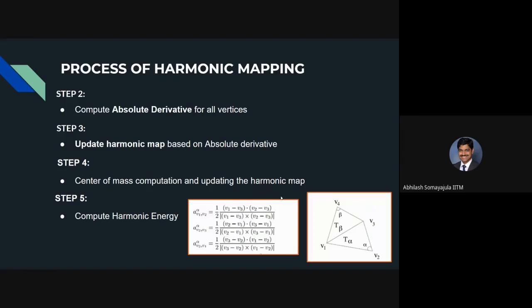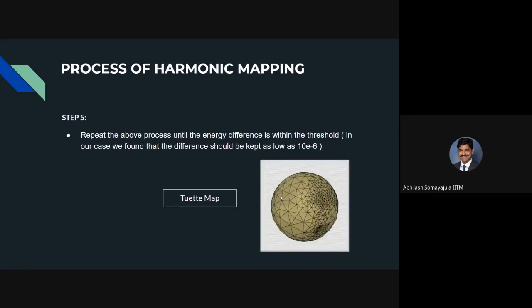You can think of this as if I have a lemon and I cut it open and squeeze it out, I can't spread that lemon flat on the surface, correct? Yes, sir. That is what is called the definition of a non-developable surface. So now we are trying to say that we have some surface which we want to map to a domain which is non-developable, or we want to map it onto a sphere. So you can't directly just place it on it, but you have to do some stretching or straining of the surface in order for it to match on the sphere. Yes, sir. That is what this harmonic mapping is helping you achieve.